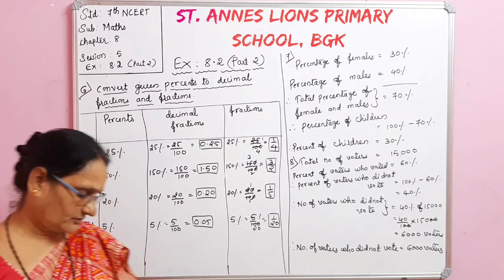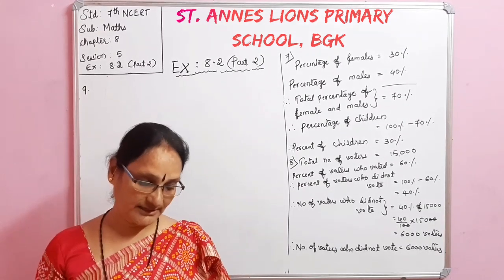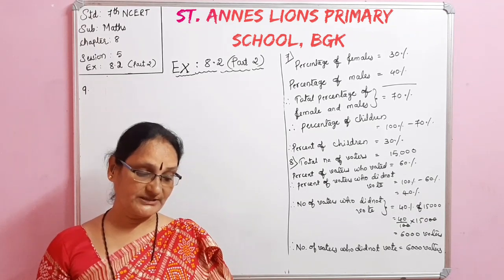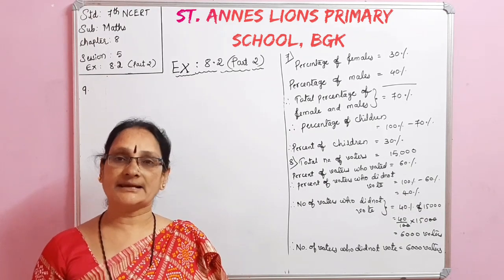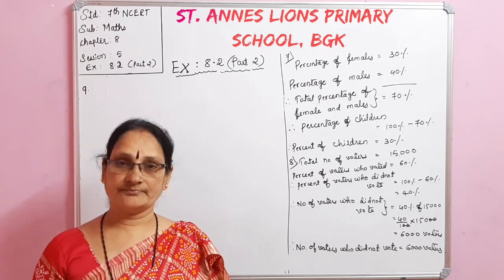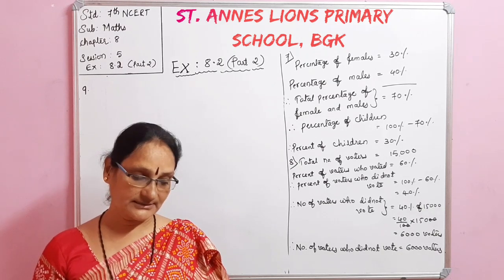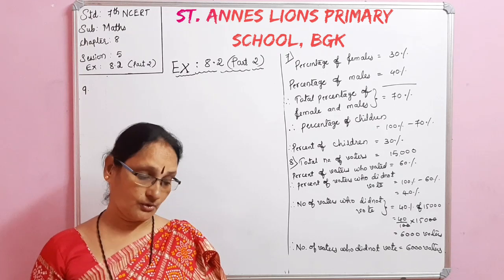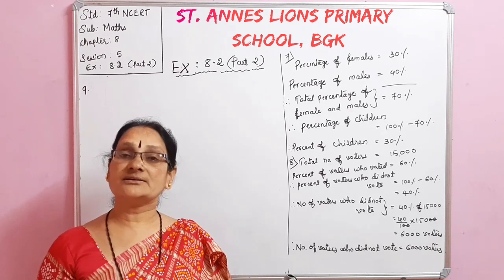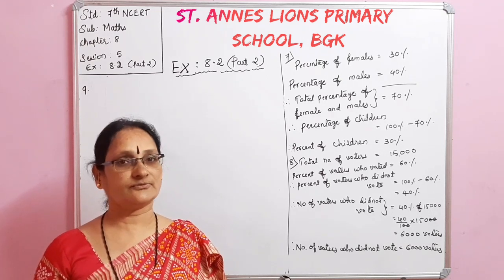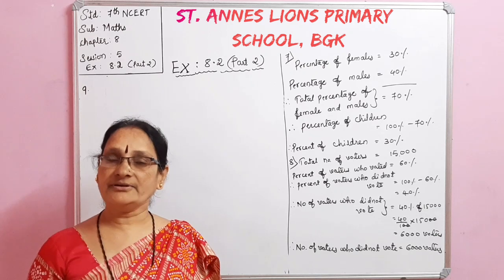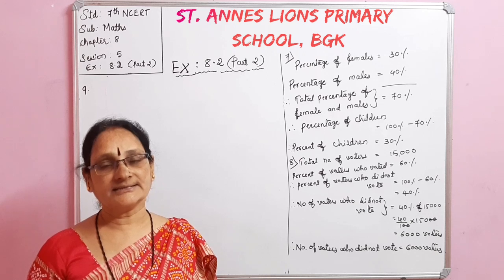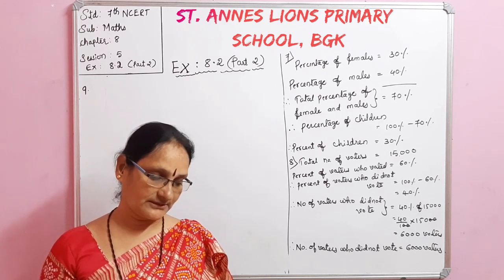Now the 9th problem. See the problem now. Meeta saves rupees 4,000 from her salary. Meeta is a girl. She is earning some money. What the salary is we don't know, but the amount she saves is rupees 4,000. The salary we don't know is X. From that salary X, she is saving rupees 4,000.